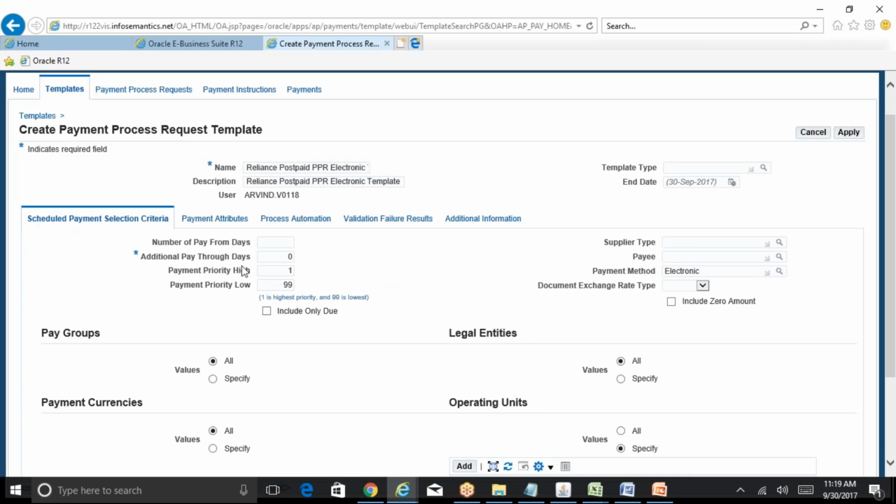Okay. The first thing is number of pay from days. If you are leaving it as blank, all the due invoices will be picked up. First important thing is basically only the invoices which are due will be picked up by your payment process request. If you are making a single payment, whether it's due or not, system will allow you to make the payment. But if you are going through your payment process request, only the invoices which are due will be picked up. So again, to give you an example,